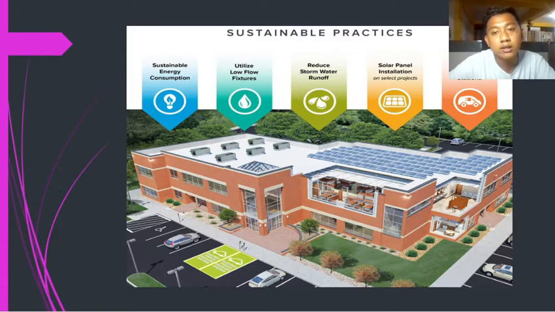Then sa solar panels as energy source or power source ng isang building is nandun yon. So sa ibang bansa, nandun yung vehicle charging station. So uso na rin yung mga Tesla na wala naman tayo. Meron na sa kanila yun. At isa pa, meron tayong tinatawag na yung Sustainable Development Goals of the world. So makikita nyo yon. Paki-search na lang para malaman nyo kung anong para saan yan.